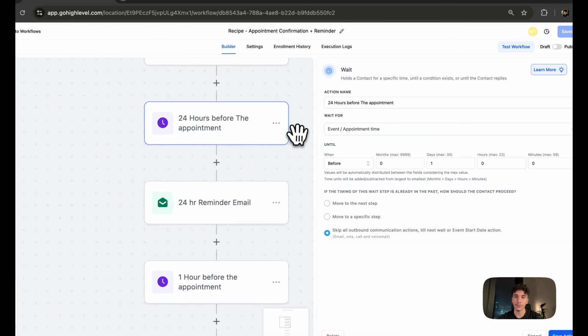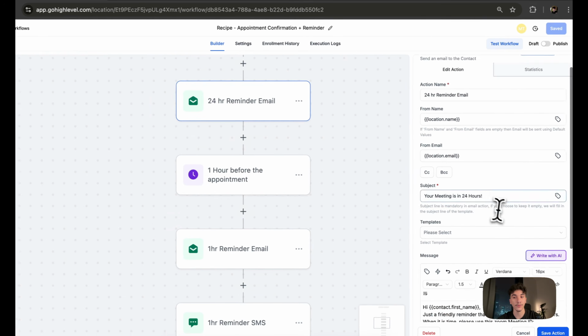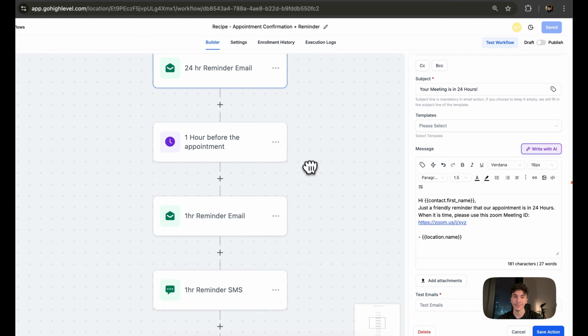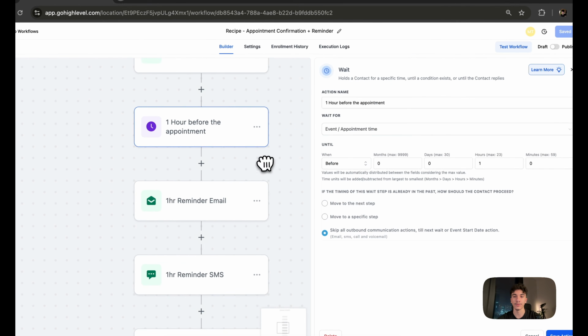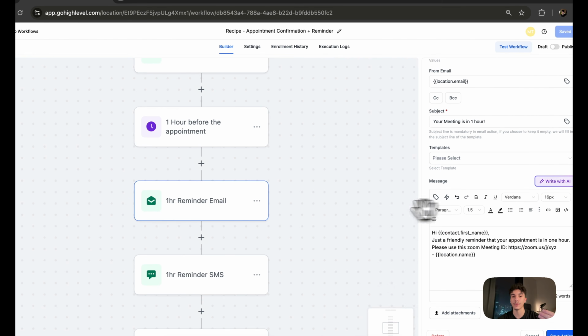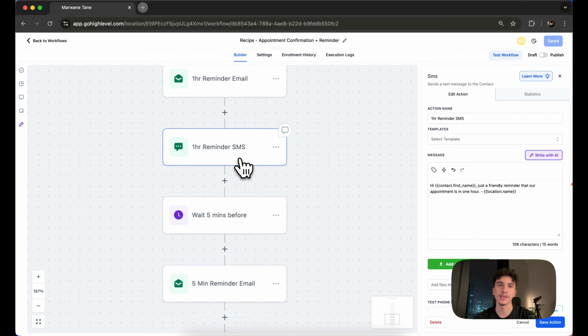24 hours before the appointment, they will receive another email telling them that, hey, the meeting is in 24 hours, just a friendly reminder that our appointment is in 24 hours. Then 1 hour before the appointment, they'll receive the same email just telling them that the meeting is in 1 hour. And then they will also, on top of that, receive an SMS,